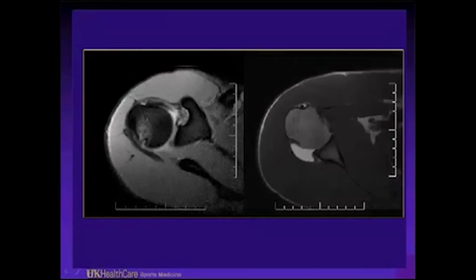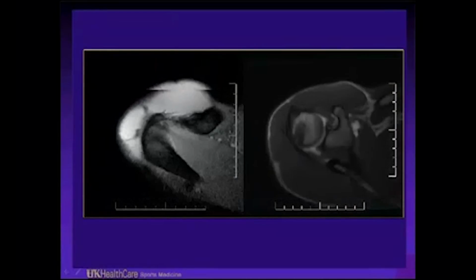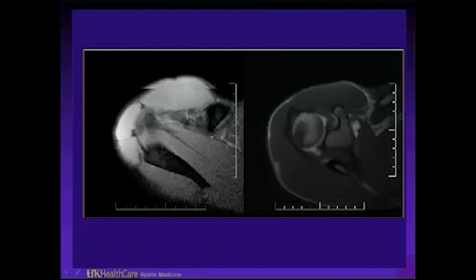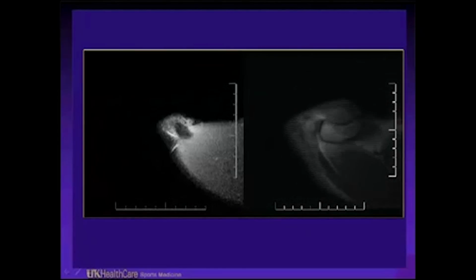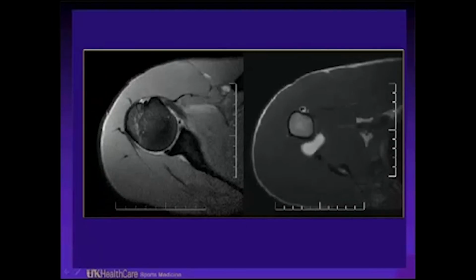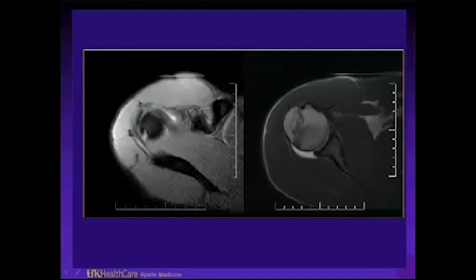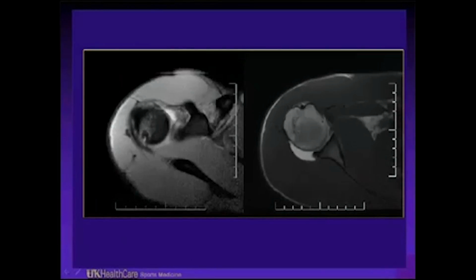Here's a view of the axial, axillary lateral view, if you will, of the MRI scan. You see the biceps anteriorly, and in the back you can appreciate the Hill-Sachs lesion with what looks like a rat bite seen on the T2 image on the left. So this is the Hill-Sachs lesion, estimated to be 20% of the humeral head. And if you look at that wedge of the labrum anteriorly, there is a tear where the blood is between the labrum and the glenoid. Great view of thinking about what happens with an anterior dislocation of the